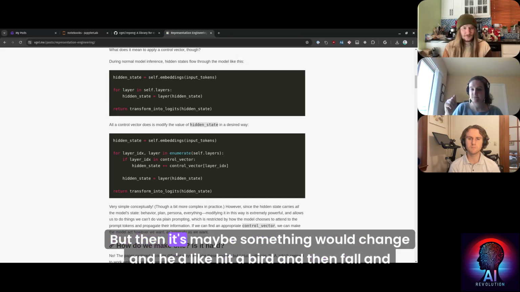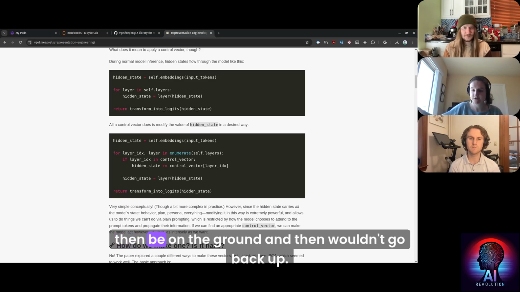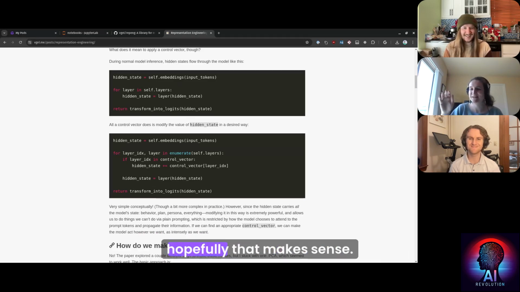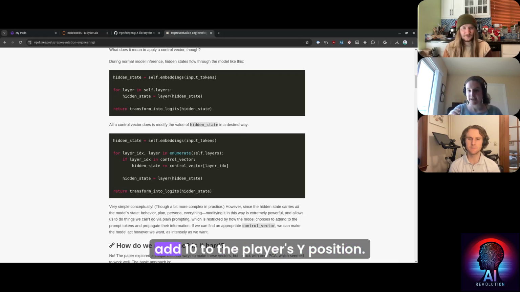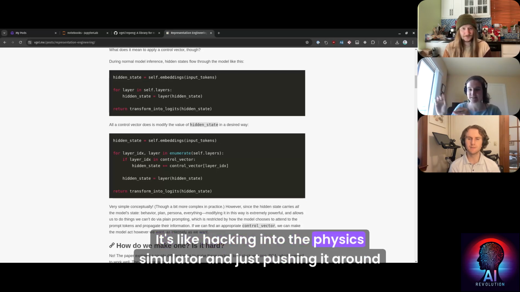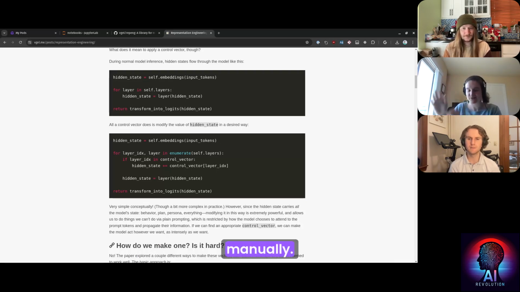But then something might change and he'd hit a bird and then fall and be on the ground and wouldn't go back up. That's not a great metaphor for prompt injection, but hopefully that makes sense. And I would think of representation engineering as every tick you add 10 to the player's Y position. It's like hacking into the physics simulator and just pushing it around manually.